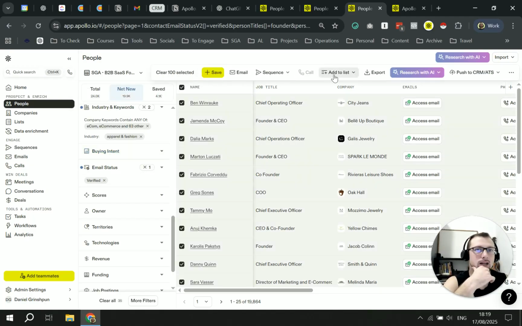100 doesn't matter. So here you would click on add to list and you would name your list. So for example, e-commerce founders or e-commerce CMOs 1 to 10. So then you can go to the list and you can export this. And that way you'll have a list of prospects that you can reach out to. This way, a relevant list of prospects. And I know there's an export button here, but I always recommend save to list first, and only then